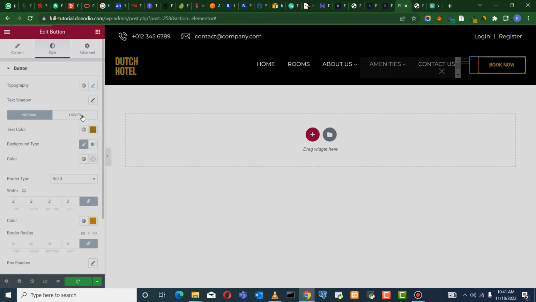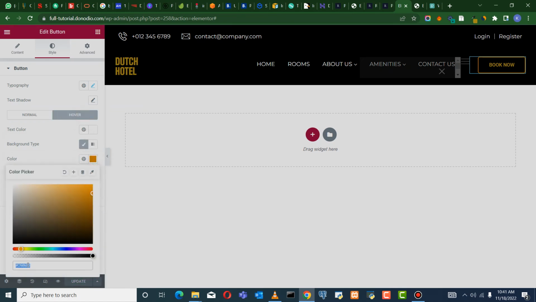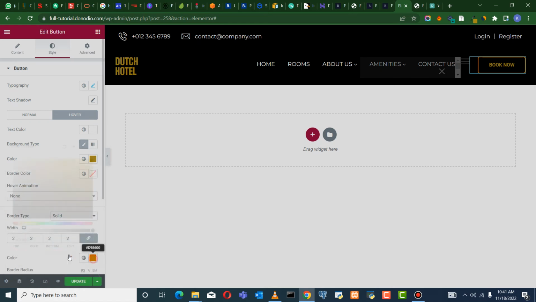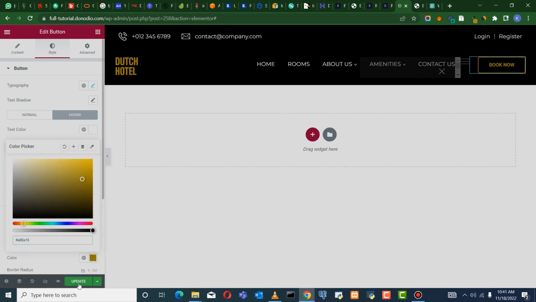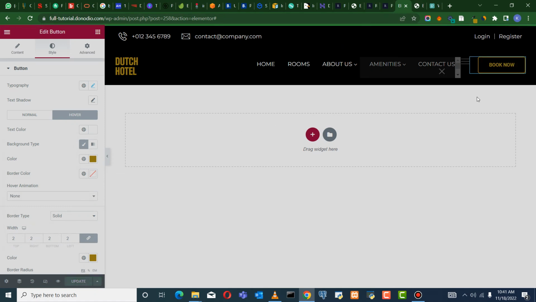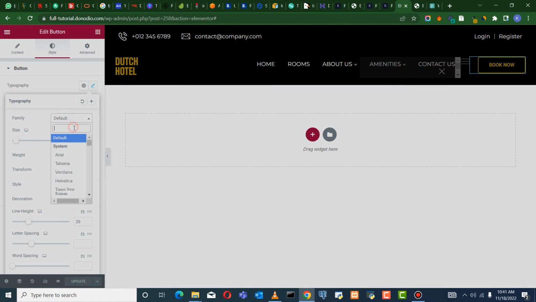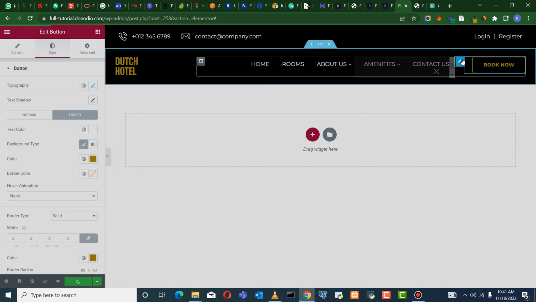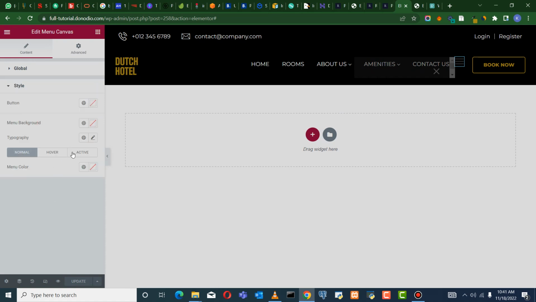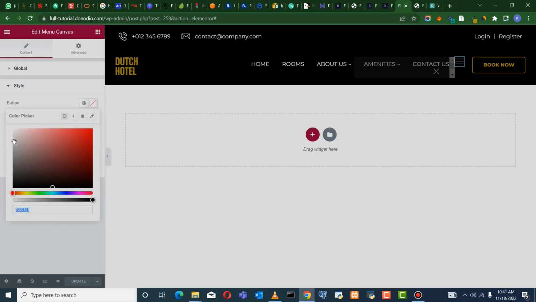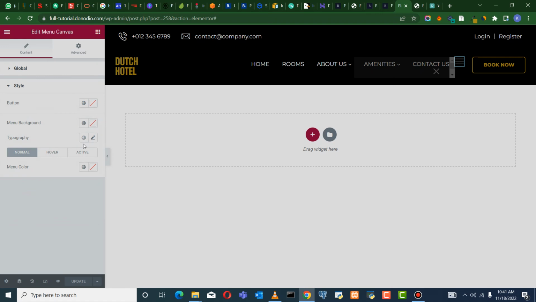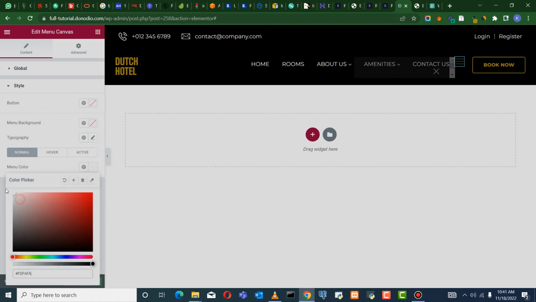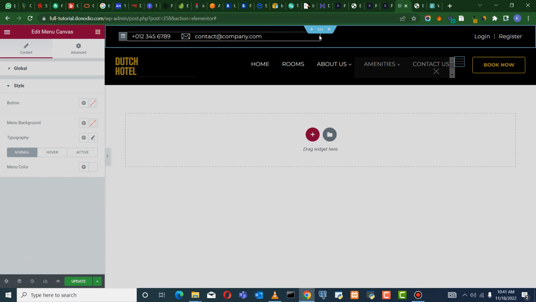Let me go ahead and update it while I still work so that I don't forget. And then I'm going to go ahead and change this too. Okay, then I want typography Montserrat 800, and I want to change this color. No, typography menu color totally white, and then I want to change this to,